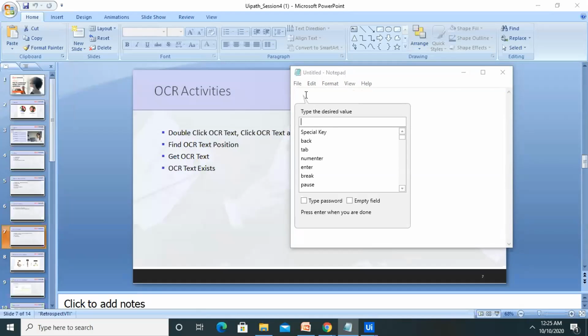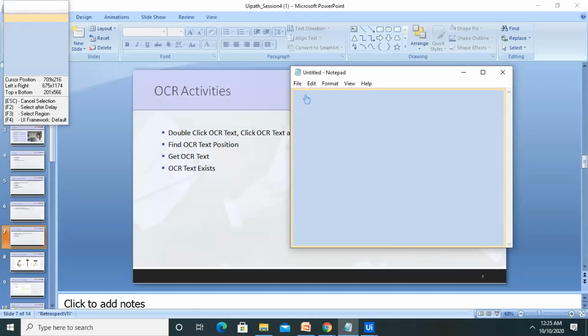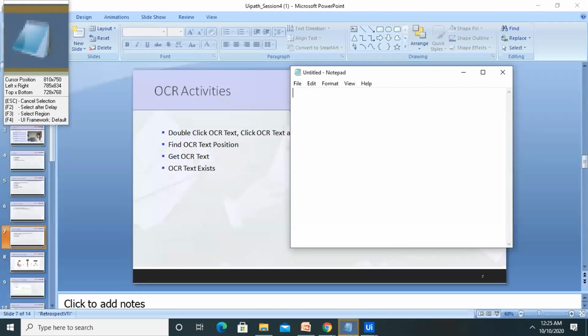For recording, we don't want to use this tab, we just want to open the notepad. Whenever the notepad is already open, it will go to the editor window and write the code. But here we want to start from the beginning, where notepad is lying on the taskbar.